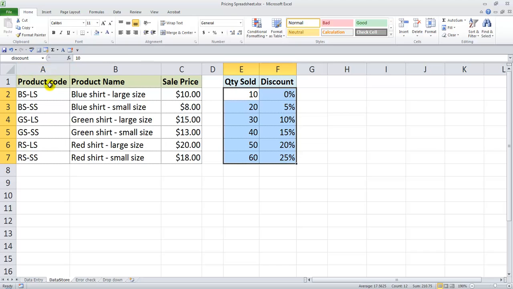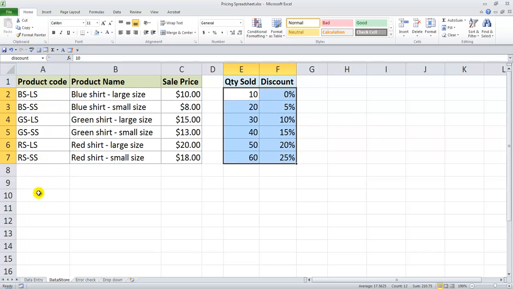Now, the best way to understand how these lookup formulas work, and that's the main thing, people, is that it's not the mechanical steps of how we actually use these functions that's important. It's understanding how they work to begin with, and then you can use them more easily and apply them to your particular work. So, if we forget all about lookup formulas and try to do it manually ourselves,